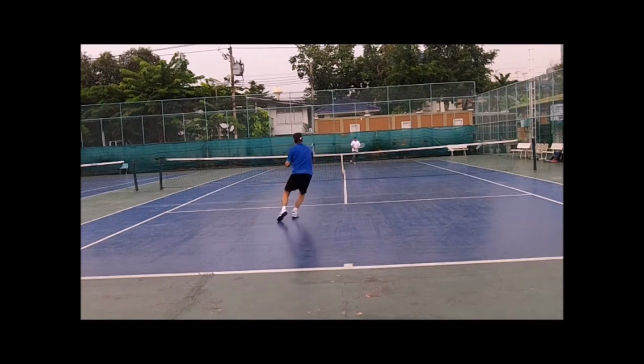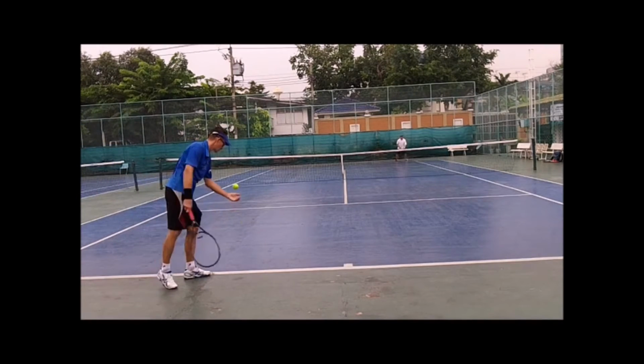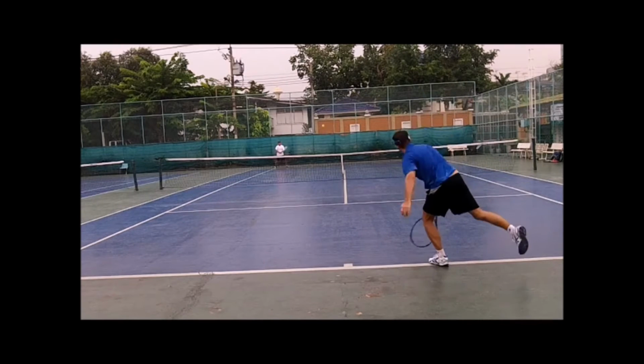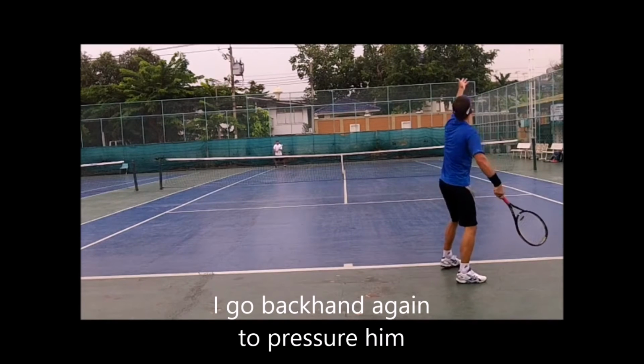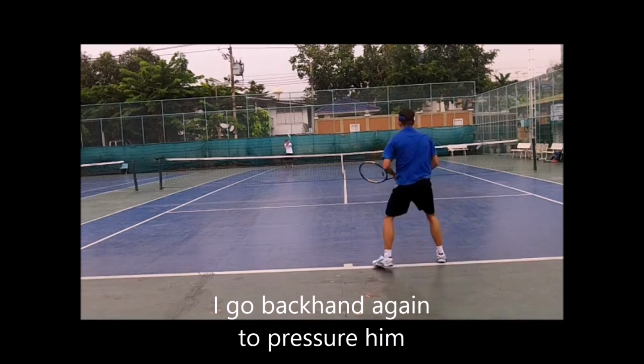Same shot to the backhand, but I go top. But then he goes slice to my backhand, which is much better. And he forced a tough shot up from me. So I'm doing what I normally do. I'm going to pressure the return, but it's short, and I pretty much always just play backhand, and normally he rallies with me and I get a short ball and I come in,